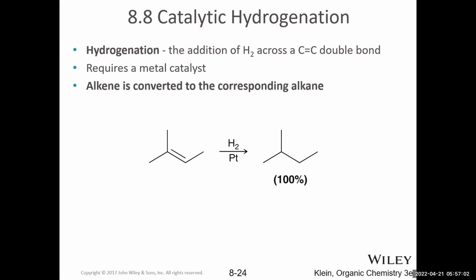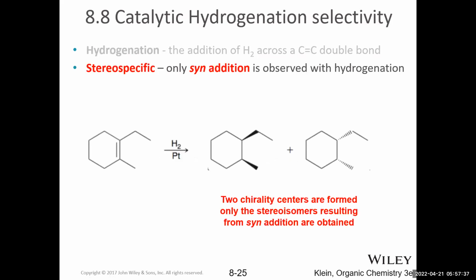Later, probably in the second semester, you'll learn about calculating oxidation state for different carbons. And so you'll understand why I'm calling this conversion of a double bond to a single bond a reduction. But for now, you can just take my word for it. So again, the reagents are H2, and both carbons are getting a bond to hydrogen and a metal catalyst. So essentially, we're adding a proton on one side and a hydride on the other side, because we do need to add those electrons in as well.